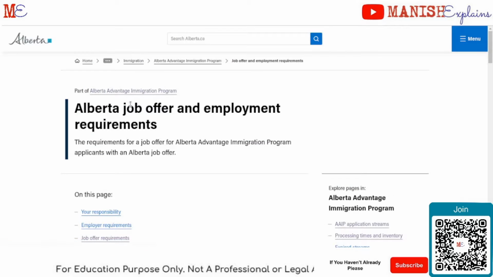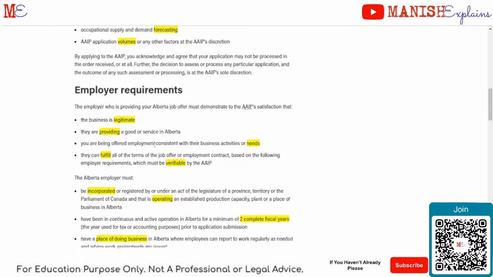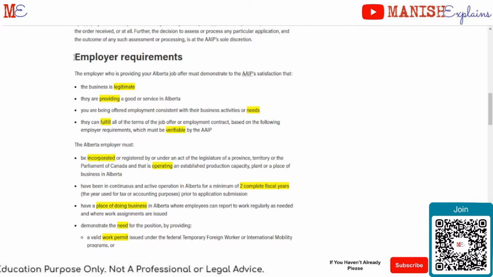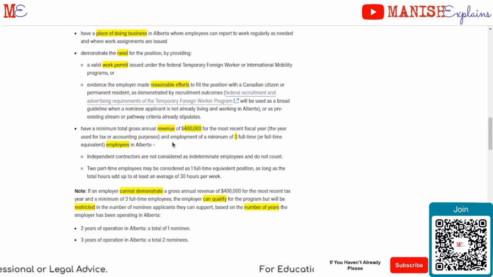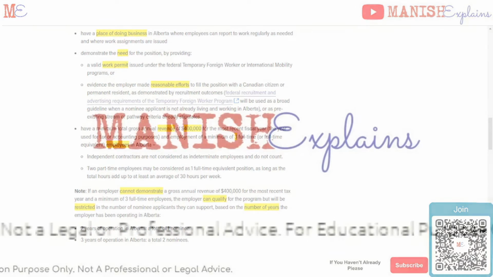I'll just quickly jump to that section and I'll show you. I wanted to show you something. So if you see here, there are certain employer requirements in the program. So things like the place of incorporation, the number of years it has been in operation, the place of doing business in Alberta, and then there is a requirement for the revenue and the number of employees it has, the number of people it employs. So there are multiple specific requirements related to the employer, and the form that you see, let me just quickly go back to the form,